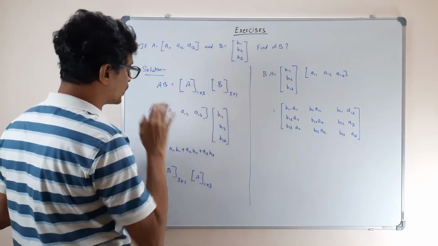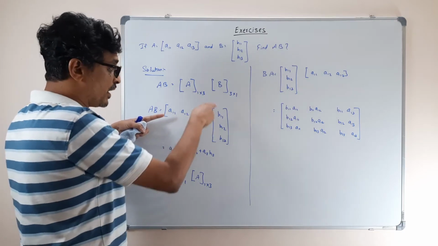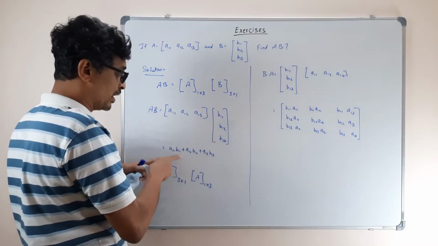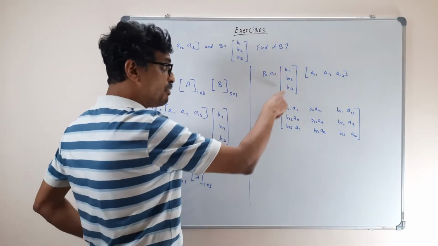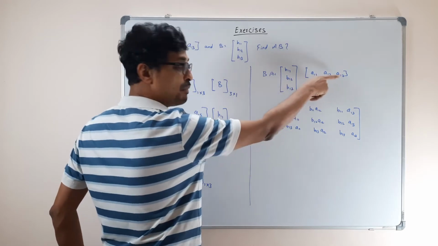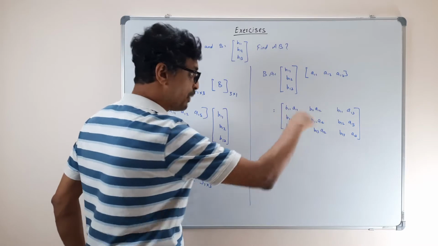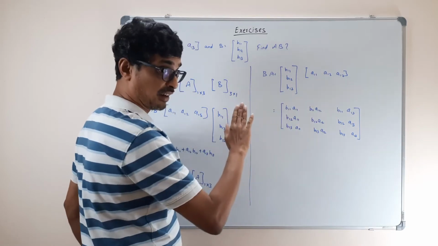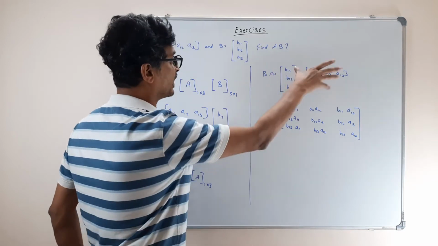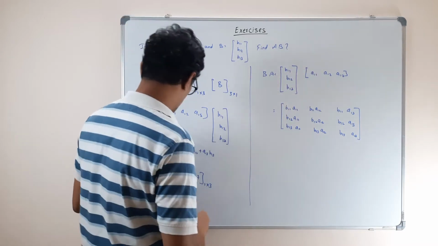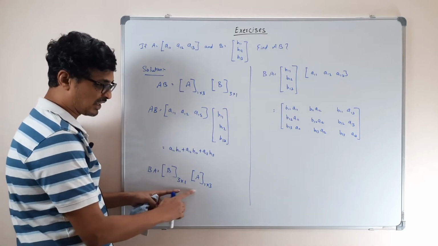So what's the idea? A row matrix multiplied by a column matrix will give you a number. On the other hand, a column matrix multiplied with a row matrix will give you a matrix. That's not necessarily a square matrix. You can have a longer one also. It's not because here we have taken 3 cross 3. The idea is only these two should be equal, correct?